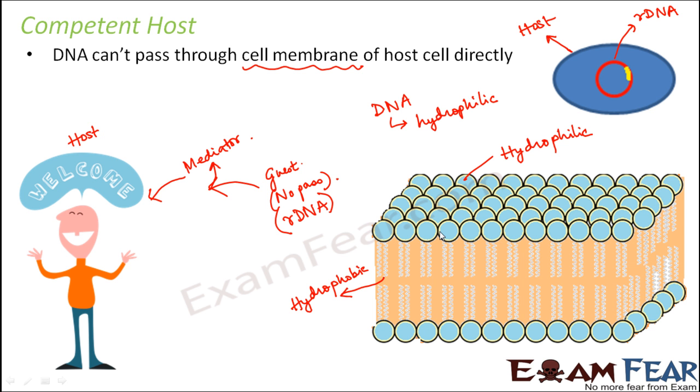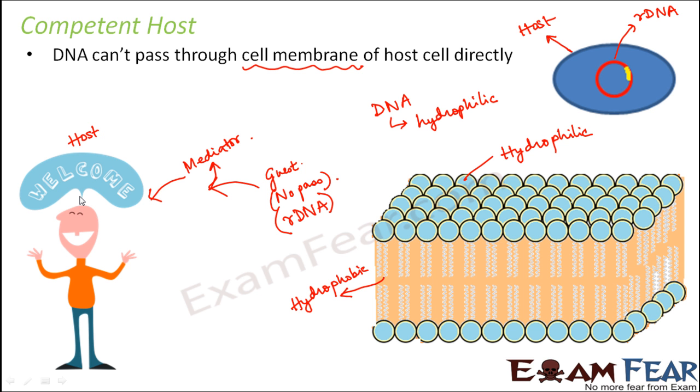Now when it doesn't have a pass, it needs a mediator who can give it a pass, and then the host will welcome it to the party. So who is going to be that mediator? That is what we will see here, that in this case also, since it cannot enter directly,